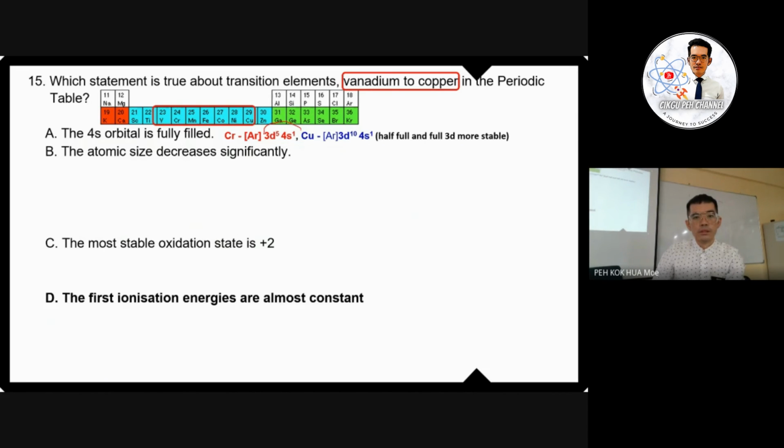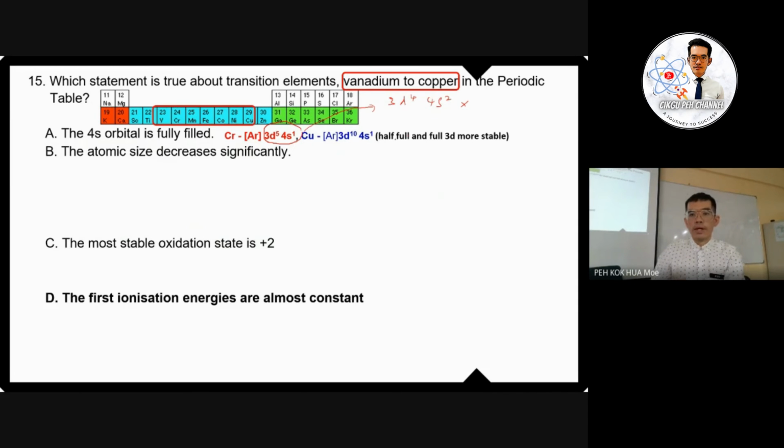the valence electron configuration is 3d5 4s1. Okay, why does the electron not fill up the 4s orbital first? Because 3d5 is a half-filled orbital, which is more stable. So the electron tends to fill up 3d to become 3d5 compared to filling 4s. That means 3d4 4s2 will not be stable. So it tends to become this configuration to become more stable, due to 3d5 being a half-filled orbital, which is